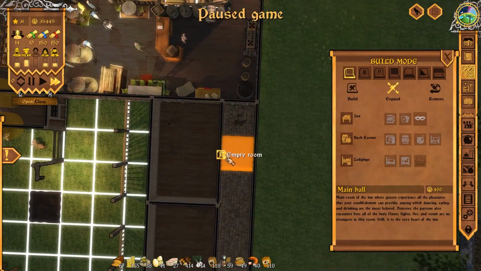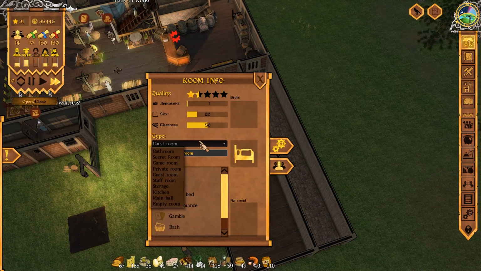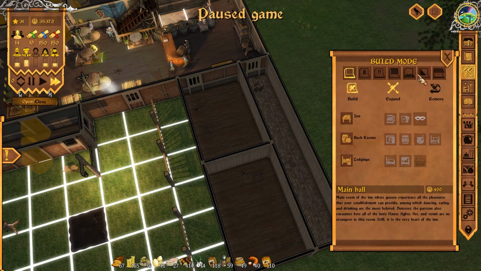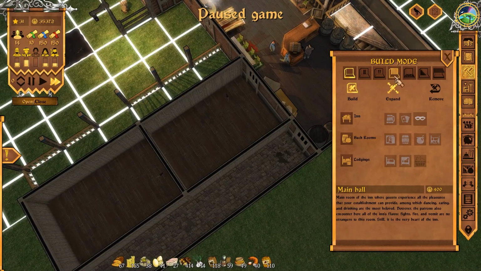Oh, that's gonna suck. I think we have to do it. Well, at least what we could do here is change this to an empty room, at the very least. Oh, I wish we could change the floors in the rooms below. That's one piece of